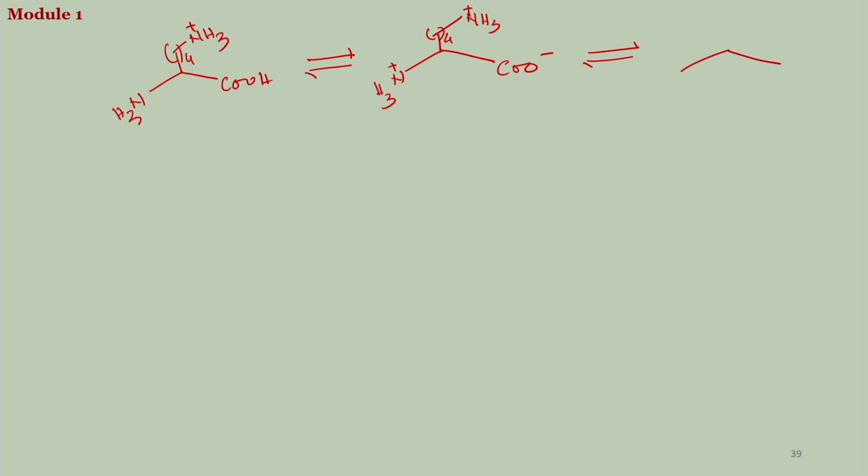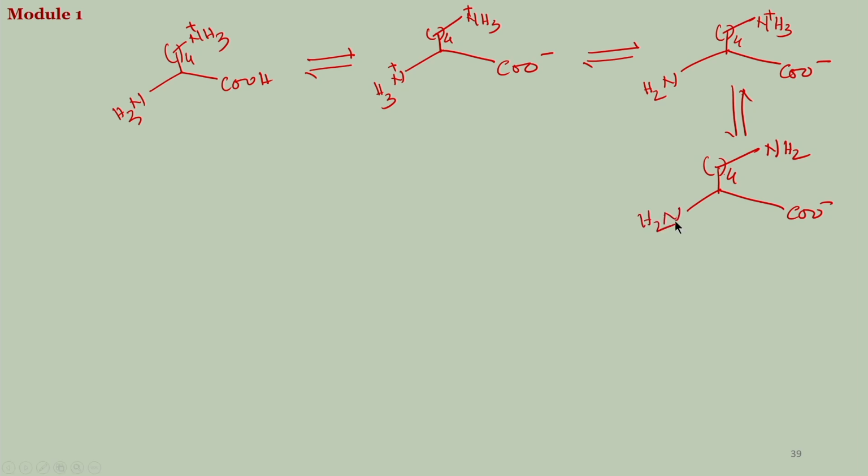It turned out that the pKa of this amine is less. So, this would be protonated, this one would be deprotonated and becomes NH2, and then the side chain amine, this would be deprotonated, NH2. So, this is your pKa 1,